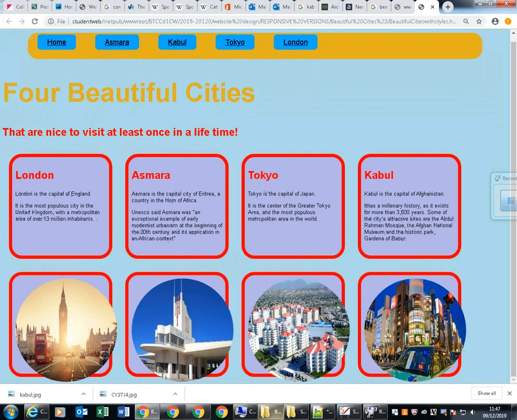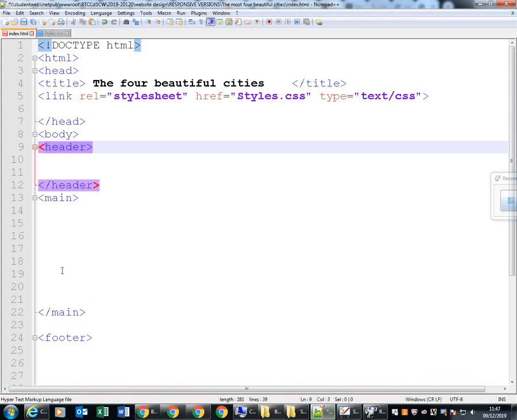Okay, so what we are going to do is we need a container for the boxes, and we could use a generic container like div. However, if we use semantic code, which is more meaningful, it would be better for search engines, for web browsing software, and for software that actually reads the web page for people like visually impaired people. So we'll try to use semantic code, and